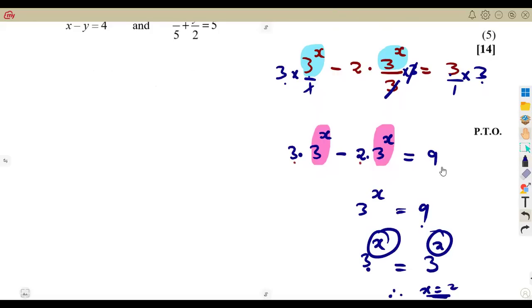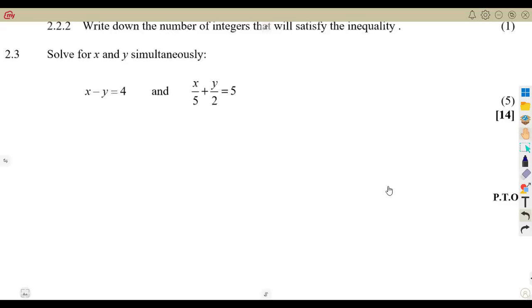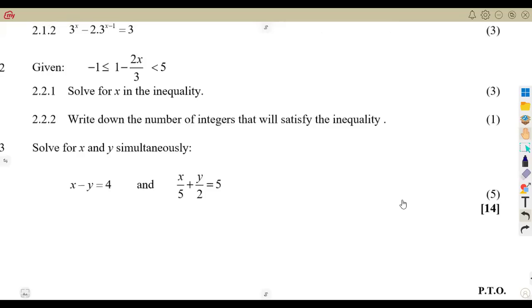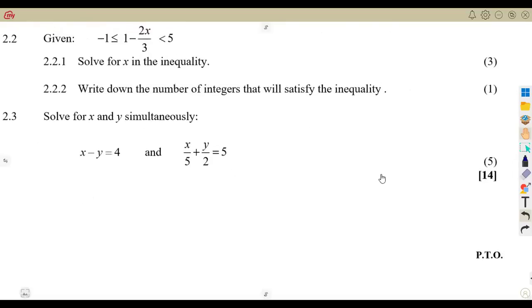Just like that. So as you can see, the simplification thereafter was in your hands. The way that you're going to simplify, you can use that idea of just working with the fractions as they are. If you want to avoid the fractions, it's also in your hands. You can avoid that. On question 2.2, we were given a simultaneous inequality,